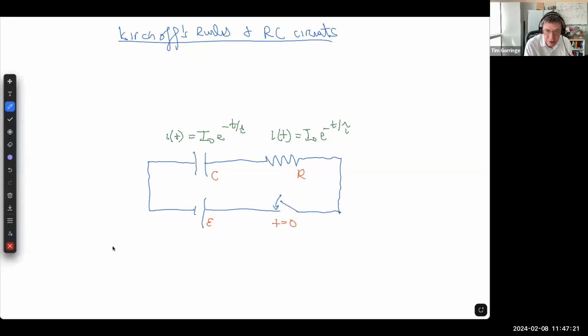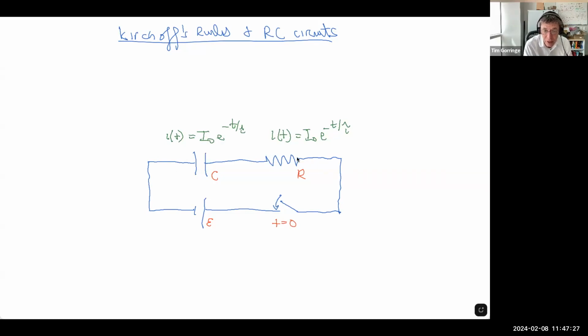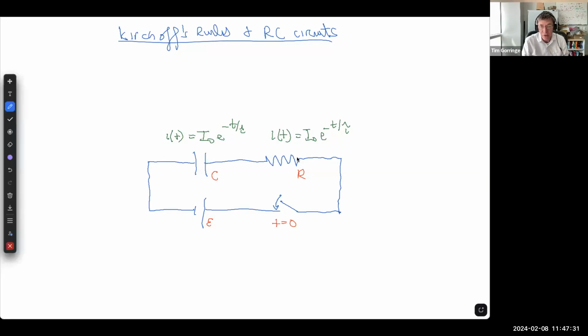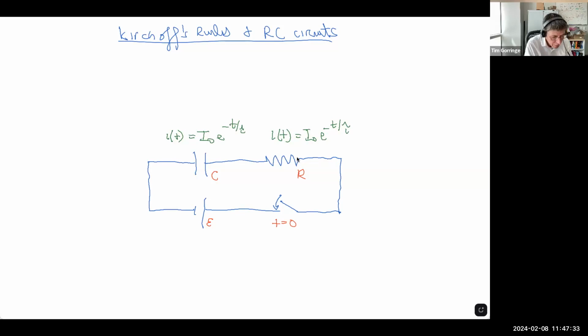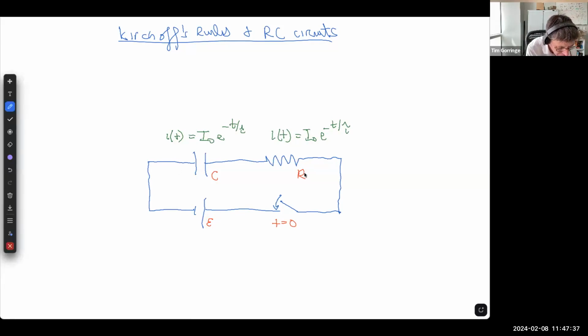What about the corresponding voltages for the capacitor on the left and the resistor on the right? Can we write those down? Yeah, we can write down those voltages using Kirchhoff's rules, using the voltage rule. The key thing is that in this circuit, in addition to the capacitor and the resistor, and ignoring the switch when the switch is closed, because it's really not a circuit component then,